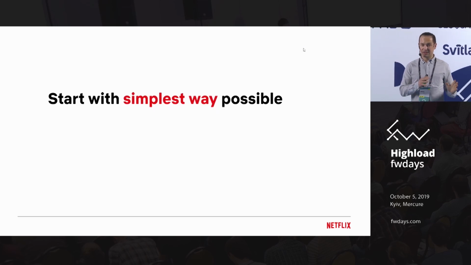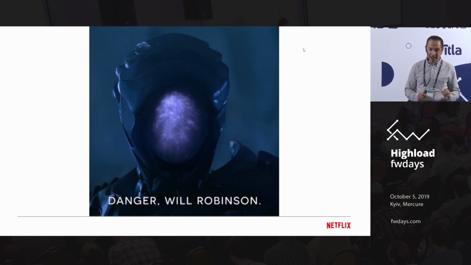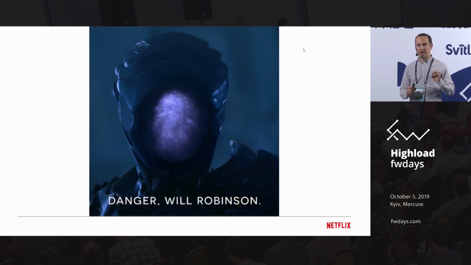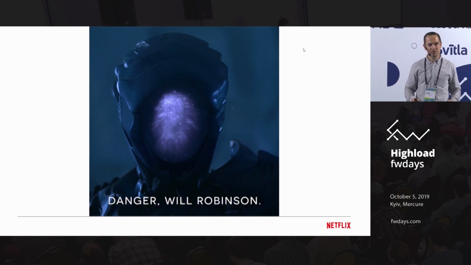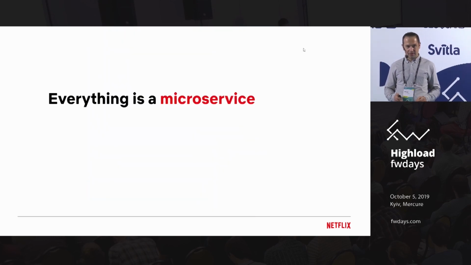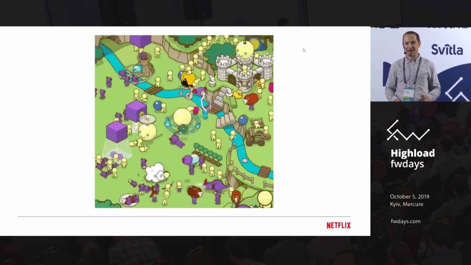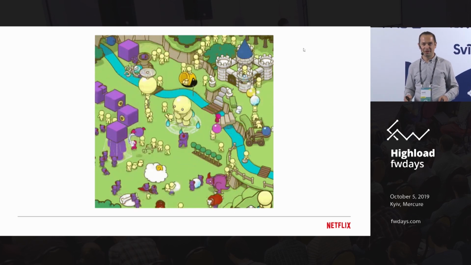It's simple, it's great, but the danger comes from the fact that we're actually a microservice architecture. At Netflix, everything is a microservice. So microservices roughly look like this. Everything is moving all the time. You have no control over things.